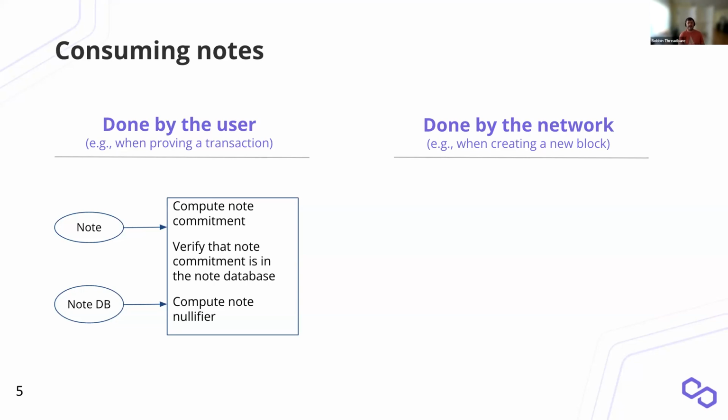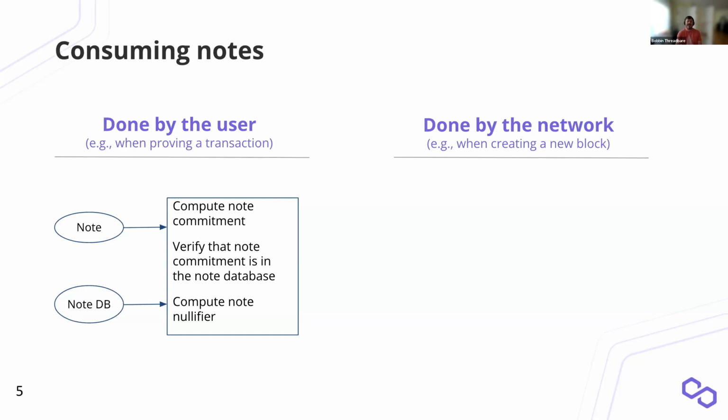They would verify that this node commitment is present in a node database, and the node database could be represented by various data structures. In Maiden, we use a Merkle mountain range to do that. So you can think about the node database being a Merkle mountain range that the user has access to, and then internally, when they verify or prove a transaction, they would verify that a node is part of this Merkle mountain range,